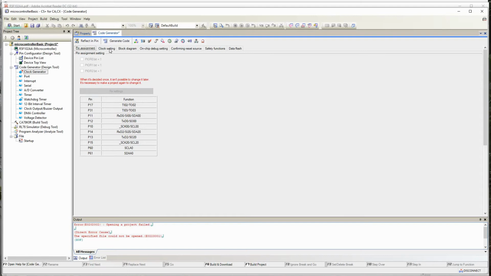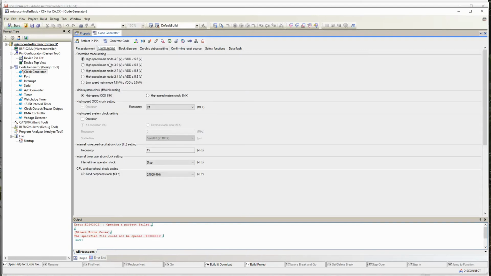Okay, then we have to come to clock settings. Here we first select what voltage we are going to use. Before that, almost all Renesas controllers have inbuilt oscillators. This has inbuilt operation from 1 to 24 megahertz. Let's assume it is 24 megahertz. If you reduce the voltage, you can see that the 24 megahertz option is not there.